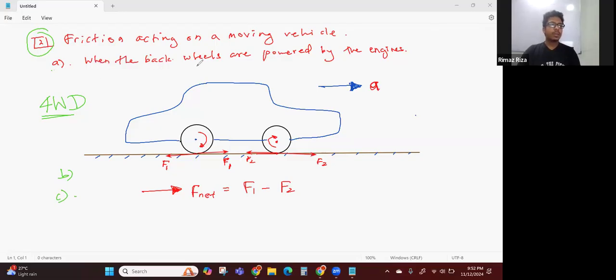So first case, when the back wheels are powered by the engine. So that is this case. In real life, we have two types: back wheels powered by the engine, or all four wheels powered by the engine. But front wheels powered by the engine is not there, because if you are moving very fast and if you hit the brake, there will be